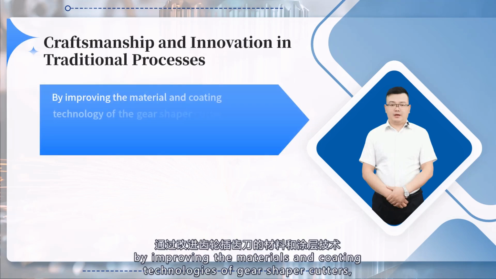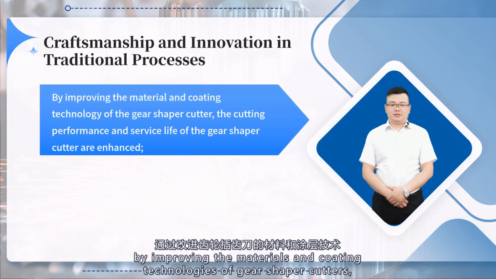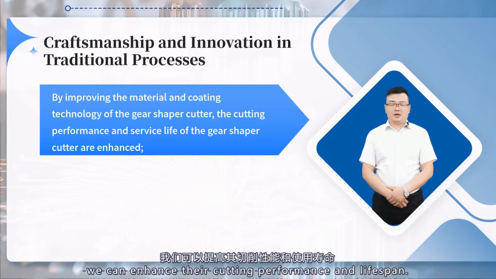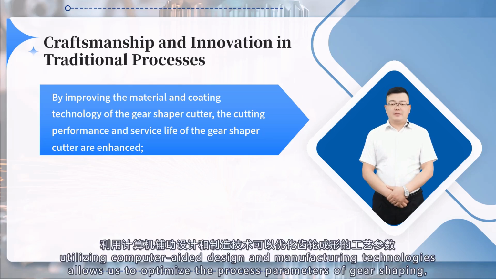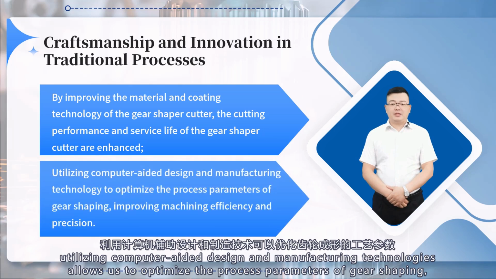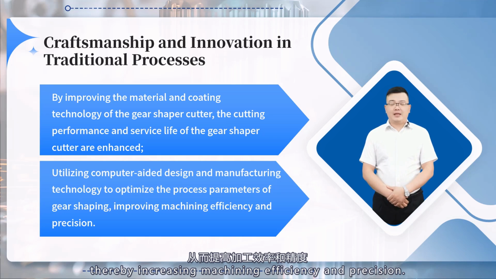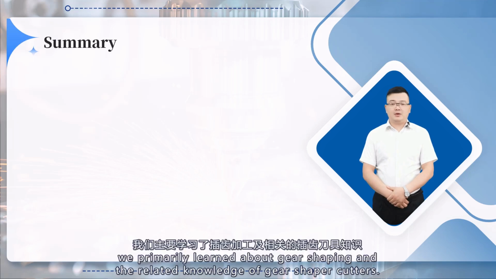For example, by improving the materials and coating technologies of gear shaper cutters, we can enhance their cutting performance and lifespan. Additionally, utilizing computer-aided design and manufacturing technologies allows us to optimize the process parameters of gear shaping, thereby increasing machining efficiency and precision. In this lesson, we primarily learned about gear shaping and the related knowledge of gear shaper